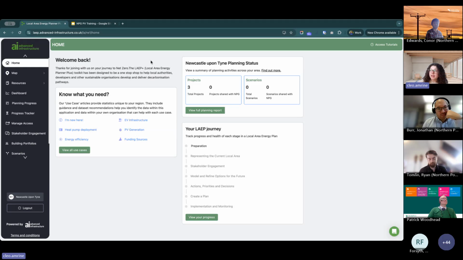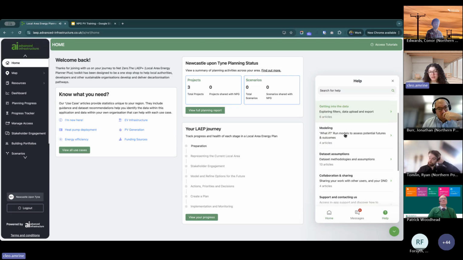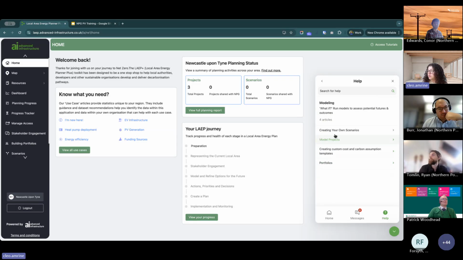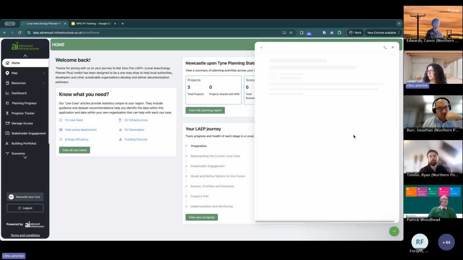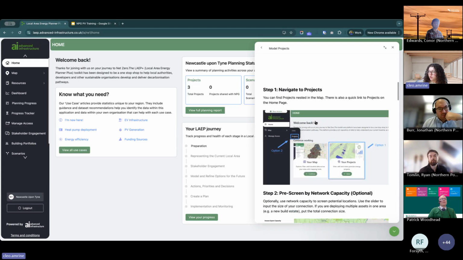So before I dive into those two use cases, I just want to flag for anybody who's new to LAEP Plus on the call today a few resources that you've got on the platform. When you log into LAEP Plus, in the lower right corner you'll see this chat icon, and if you click on that, that's where you can access our knowledge base. If you click on this help icon right here, you'll see our full list of guides, and that includes written guides for tools on the platform as well as video walkthroughs. So for example, if we go over to projects here, you'll be able to see a full written guide for projects as well as the video tutorial here.